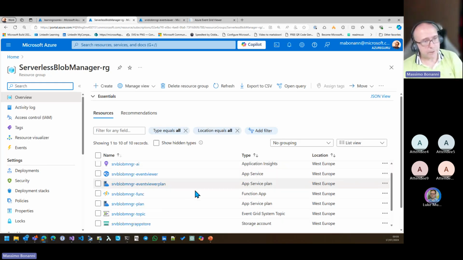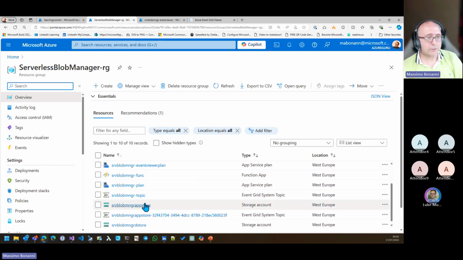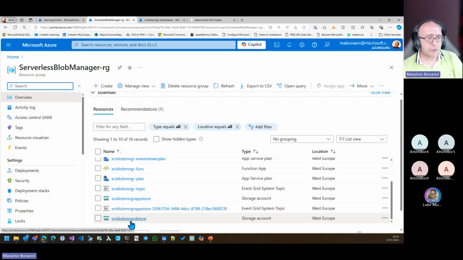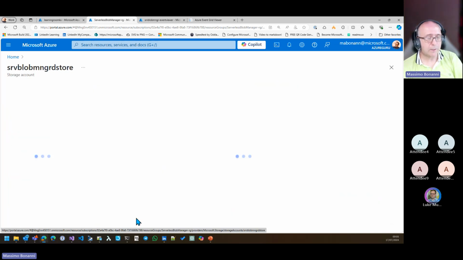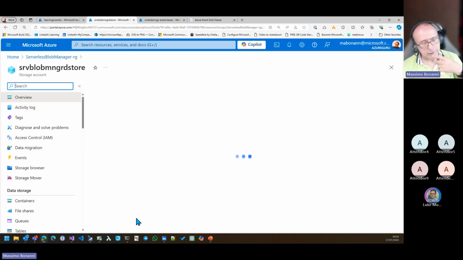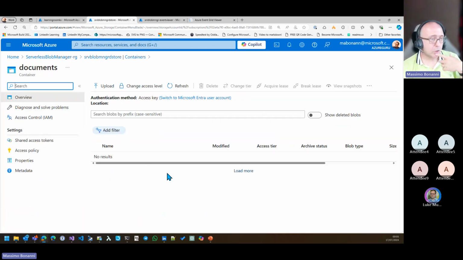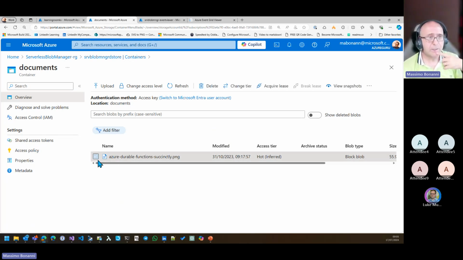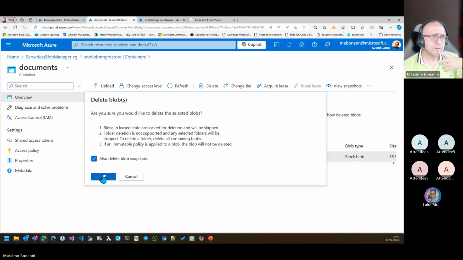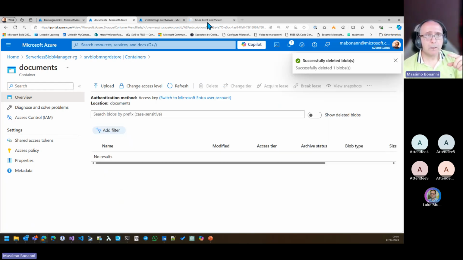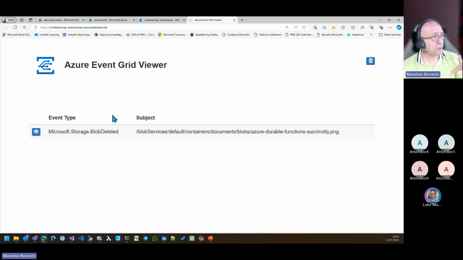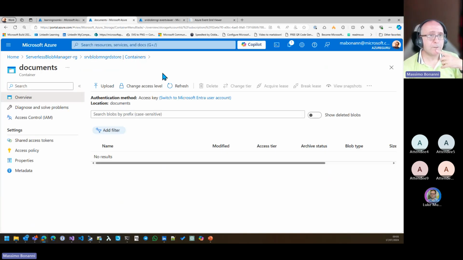This is the resource group that contains my function, the topic, the subscription, and the storage. This one I'm looking for. The deletion. I go to containers here, documents. This is the cover of my book about Durable Functions. It's free, but I don't like it, so I delete it. Okay. This is the event, blob deleted. And if I refresh,